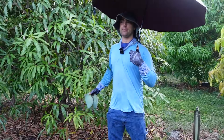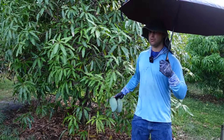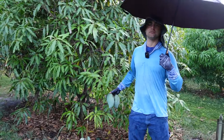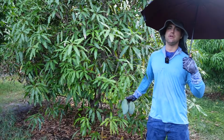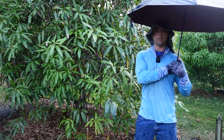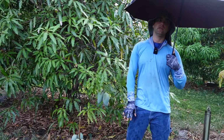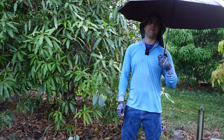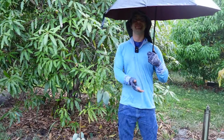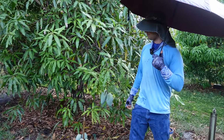But if I was going to plant a Nam Doc Mai, the Nam Doc Mai Mun is the one I would plant. I've had much better success with this tree than I have with the other Nam Doc Mais I've grown, and that includes trees that I've grown on another property. So not just the ones that we happen to have here on this location. So I think this should be the Nam Doc Mai we're grafting in the Florida nursery trade on scale rather than the number 4, for example. Anyway,